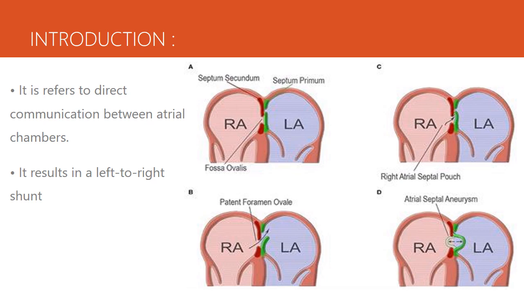After birth, changes in the pressure and the oxygenation of the blood in the heart and lung prompt the closure of the foramen ovale. The septum primum and the septum secundum come in contact with each other, sealing the foramen ovale and completing the formation of the atrial septum. And if any defect occurs in this process, it will lead to atrial septal